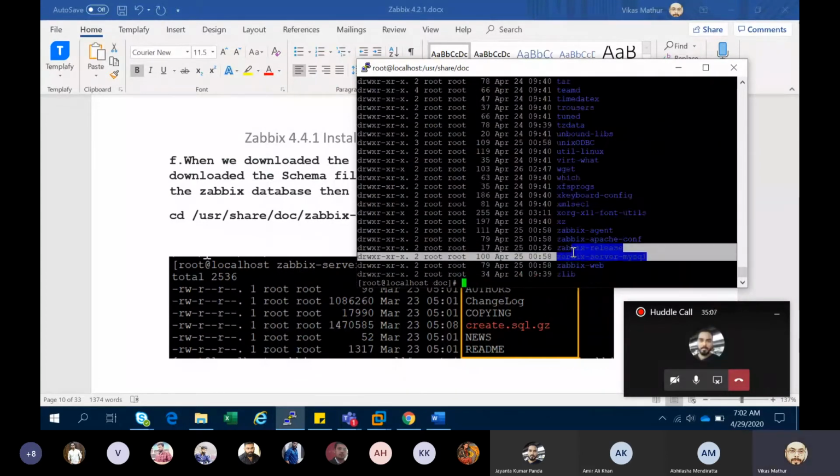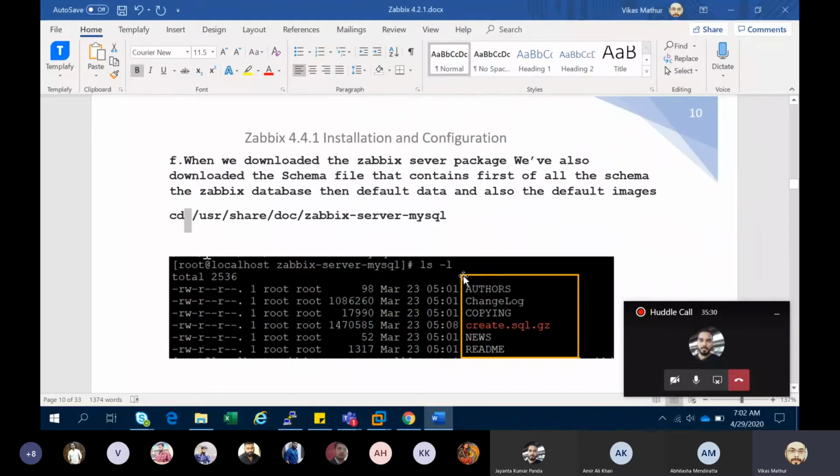So this is the thing. If you want to see the previous old package 4.2.1 in CentOS 7, you will see this package in a different form. It will show the package 4.2.1, but the latest package will not show the extension, the new package extension basically. So in this path, you see the schema is located over here, create sql.gz.